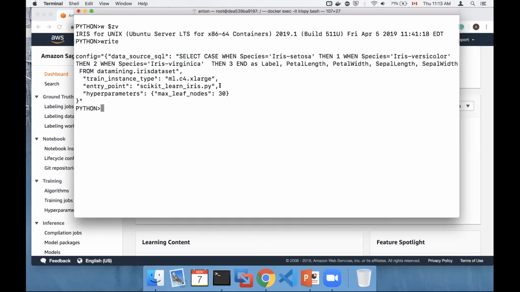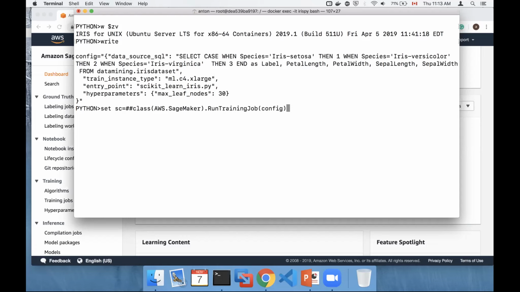Here I'm supplying what code I want to execute on that instance and some hyperparameters, right? Usually people who are familiar with machine learning at this point start to laugh because in a more serious real life scenario, these hyperparameters can span a few pages, right? In this case, we're just doing that to show that you can pass hyperparameters to the instance.